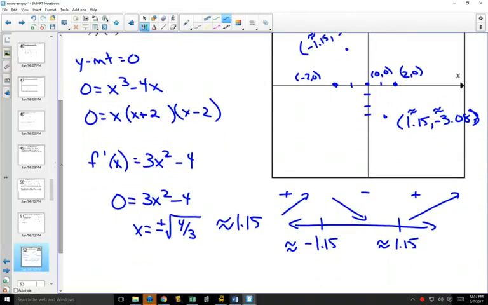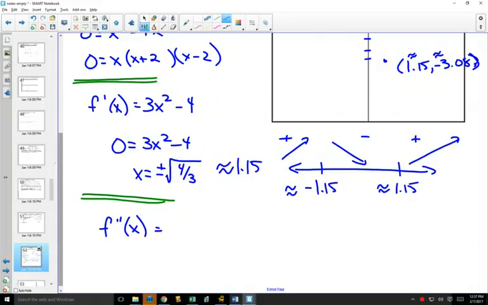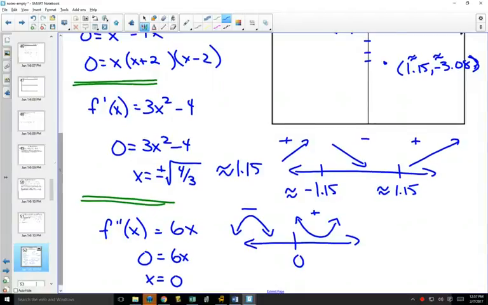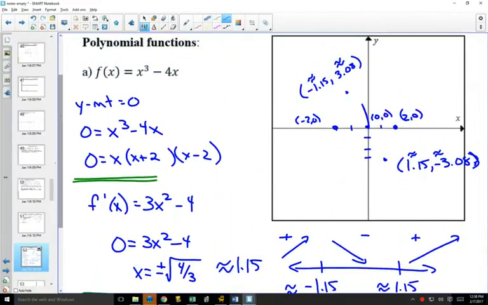For our second derivative, it is going to equal 6x. And that equals 0 when x is equal to 0. So we know that our inflection point is at 0, and we've already figured out the coordinates of that. If you plug a value less than 0 into your second derivative, it's negative, meaning this is concave down, and this is concave up. Drawing things now, this part's going to be concave down, this part's concave up, and this is an accurate sketch